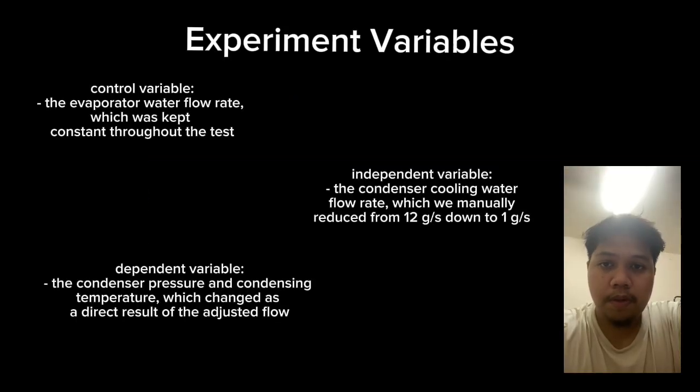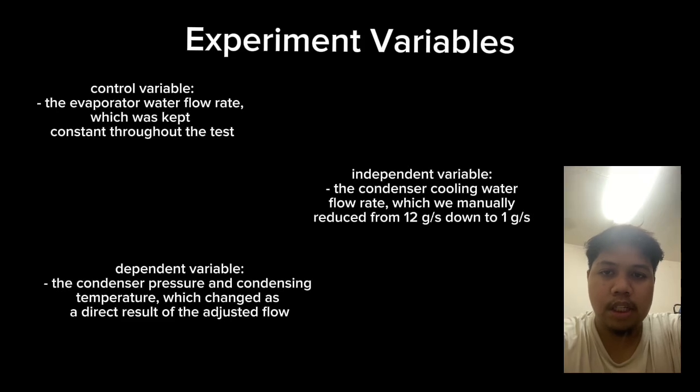So for the experiment variables, the first one is the control variable, the evaporator water flow rate, which was kept constant throughout the test. The second one is the independent variable, the condenser cooling water flow rate, which we manually reduced from 12 gram per second down to 1 gram per second. The third one is the dependent variable, the condenser pressure and condensing temperature, which change as a direct result of